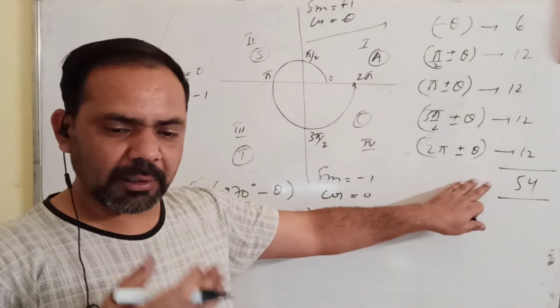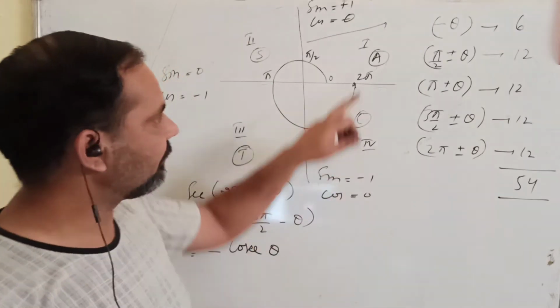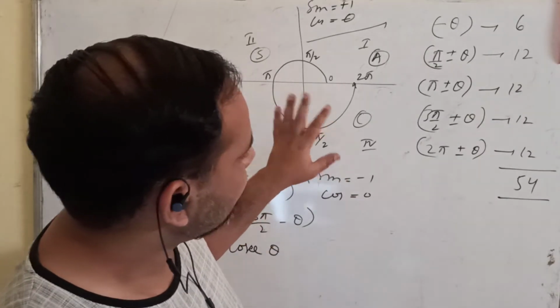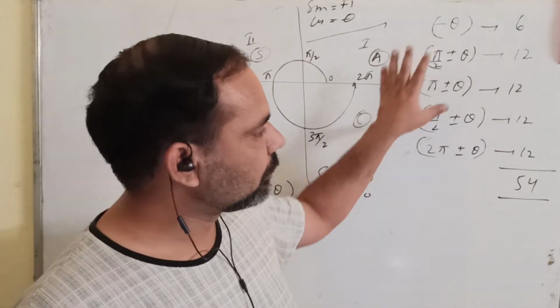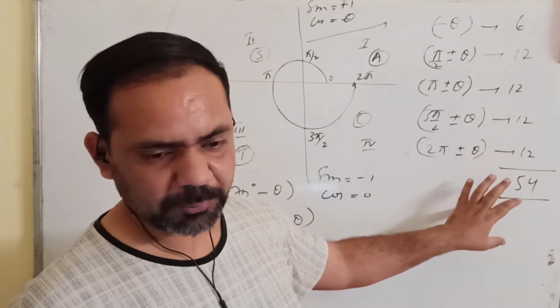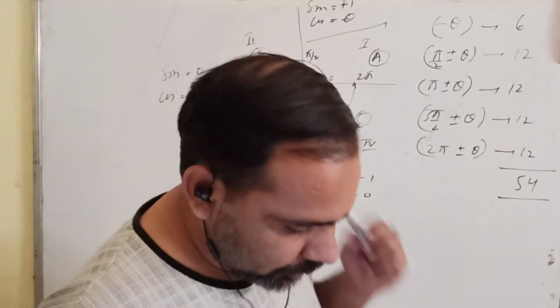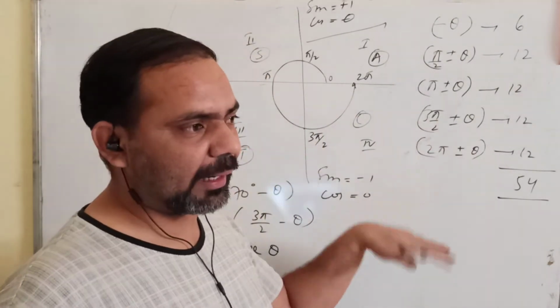So you are not required to memorize the 54 formulas. With the help of this simple method you can. Alright. So just now I told you the method to write the 54 formulas, which you don't need to remember. Okay. Now this thing is very important, because several times you will have to change the angles.